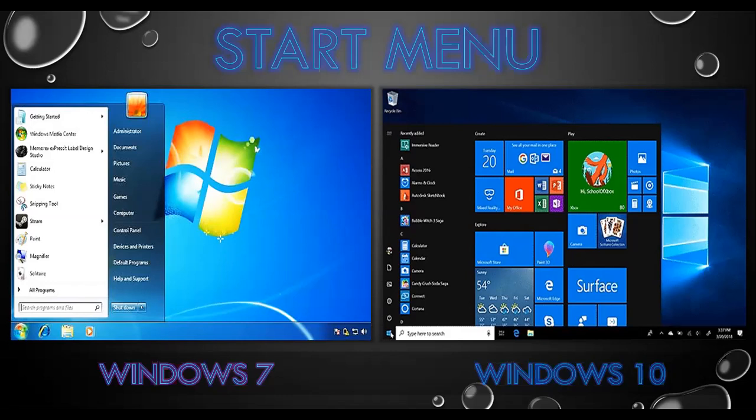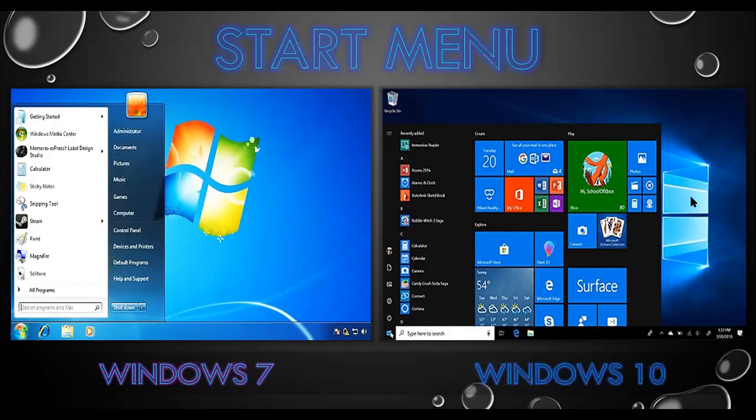Now you can ask me why I haven't compared the Windows 8 start menu with Windows 10, and why I have compared Windows 7. Because Windows 8 came after Windows 7, so I should compare with that. The answer to that question is that in Windows 8 there was no start menu. Yes, in Windows 8 there was no start menu. For example, in this figure you can see that the start menu is appearing, and in the background of the start menu is the desktop. Even in Windows 10, here is the start menu, and the background is the desktop where you can save your files and keep the shortcut icons of the programs installed on your computer.